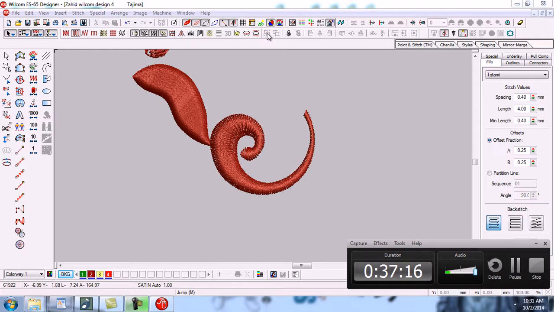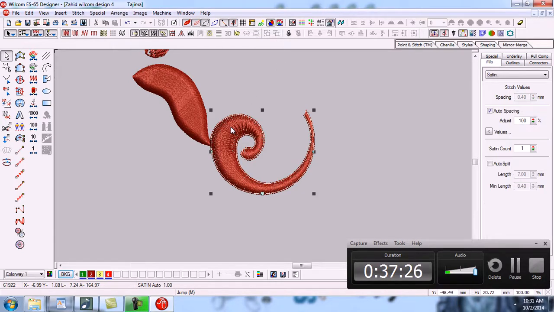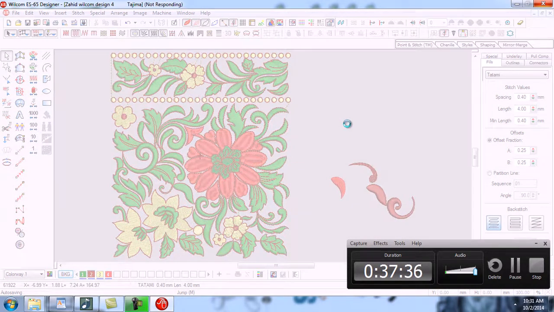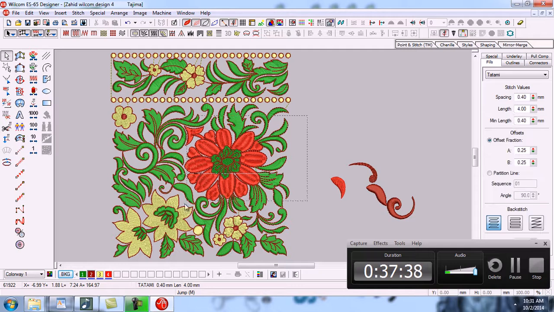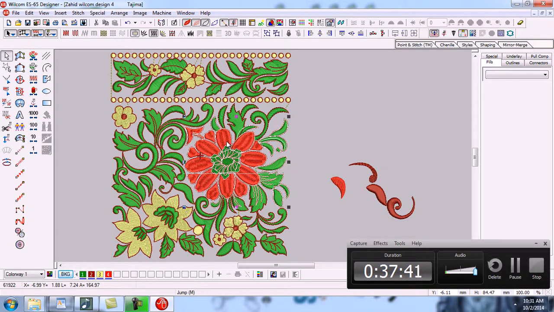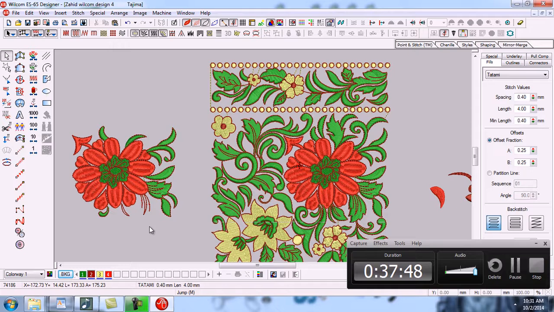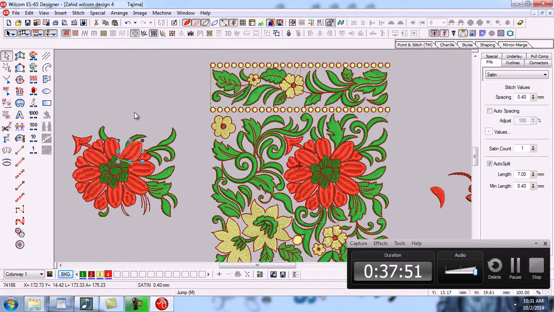Now there is one thing more which you have already learned, as I remember, which is group and ungroup. For now I will tell you here also how we can group or ungroup any object. For example, if I make a copy of this object, Control D, and move it here.